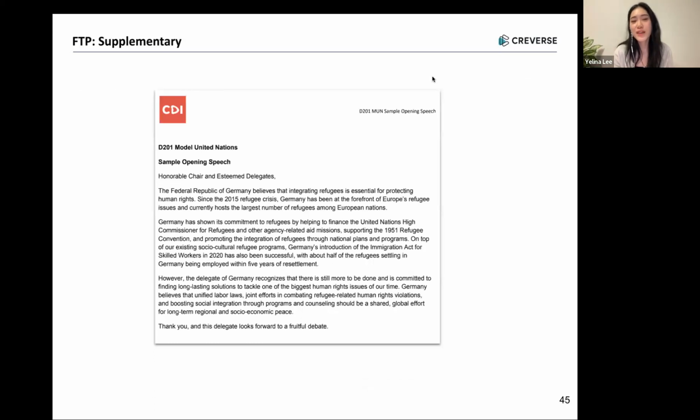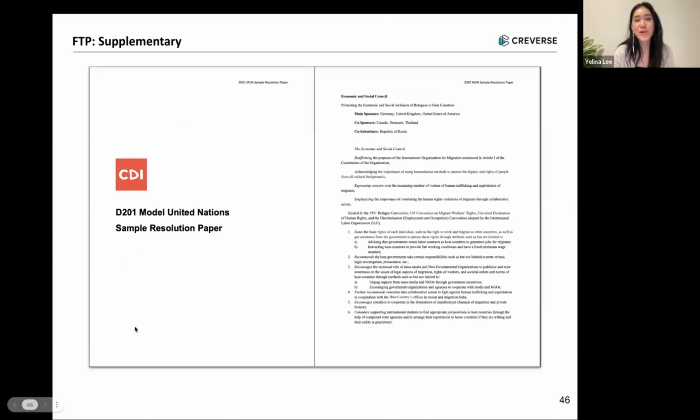So on the FTP, there are a few supplementary materials that you can review and you can also distribute to the students. It does look hard, but you'll get the hang of it eventually. So this one, for example, is the sample opening speech. And there's also a sample resolution paper